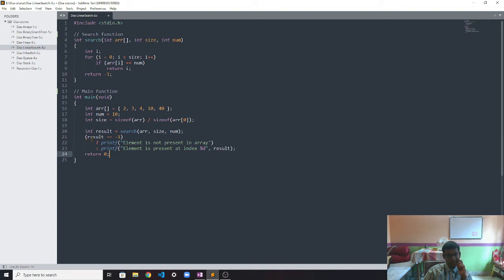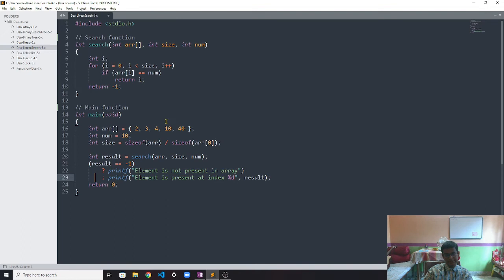It checks whether result is equal to -1. If the element is not in the array, then it returns -1. So if the result is -1, we simply print that element is not present in the array. Else, the code prints element is present at index result.